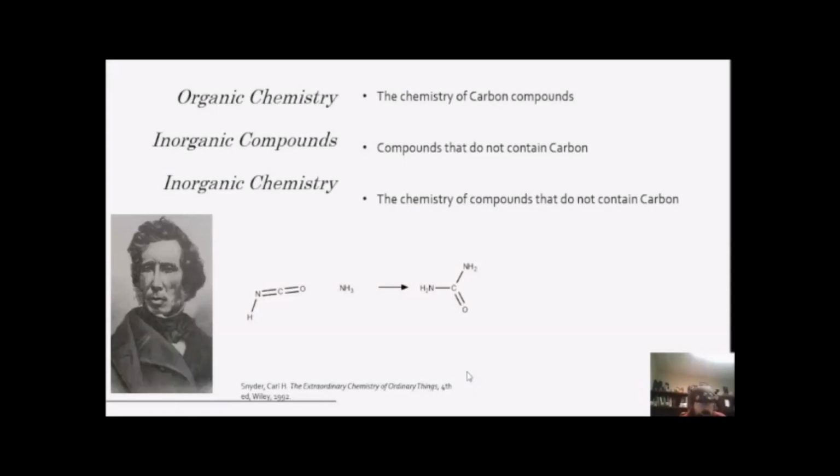Our story starts with just the idea of organic chemistry and where it comes from. In general, all life needs water and carbon to some extent. Without water, without carbon, nothing living on Earth would exist. Those three elements, the H, the O, and the C, are the three key components in all life. And so organic chemistry is just the chemistry of carbon compounds. Well, up until